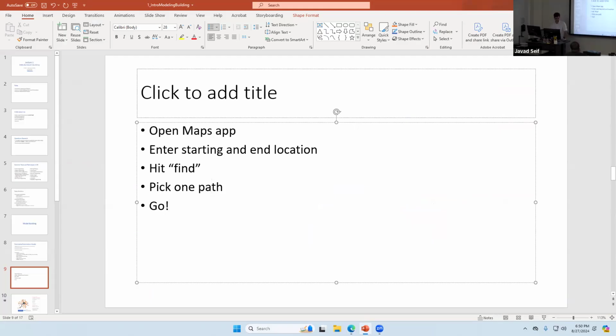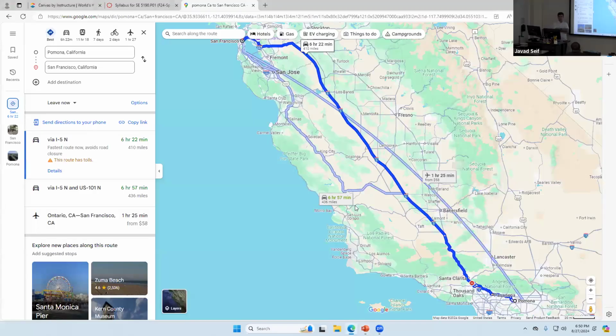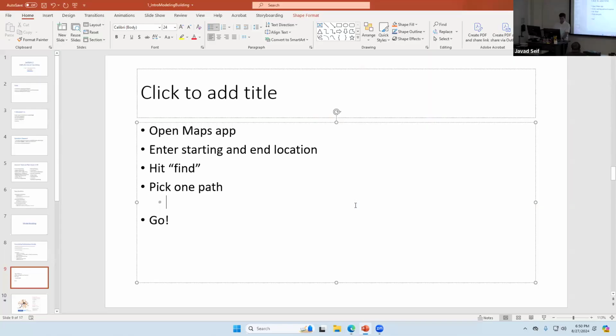All right, this is the process. Now I want you to describe this to that robot because they don't know anything. They say, how should I pick one? There are three things here. How do you pick one? Let's say you're going to San Francisco now, or tomorrow morning, how would you pick one? What's the mode of transportation? Yeah, so you consider mode of transportation,